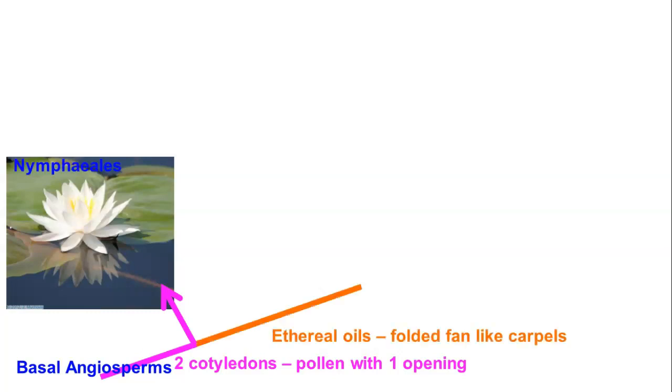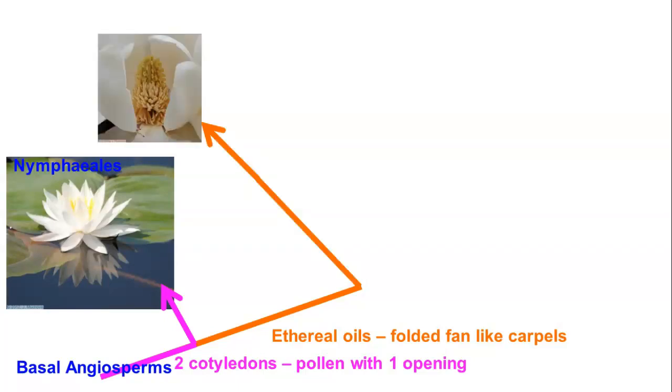From there was the formation of ethereal oils. You got a folded fan-like carpel. So the carpel actually folded around on itself, but it really didn't necessarily fuse together and make something, but rather it folded on it. And from this we have that group which looks like this. You can see the carpels are folded. When you look at this particular flower, what we're looking at is things, again, are spiraled. The carpel, when you see it, actually is folded and the seed is on the inside of it. And when the seed is released, you get an unfolding of those carpels.